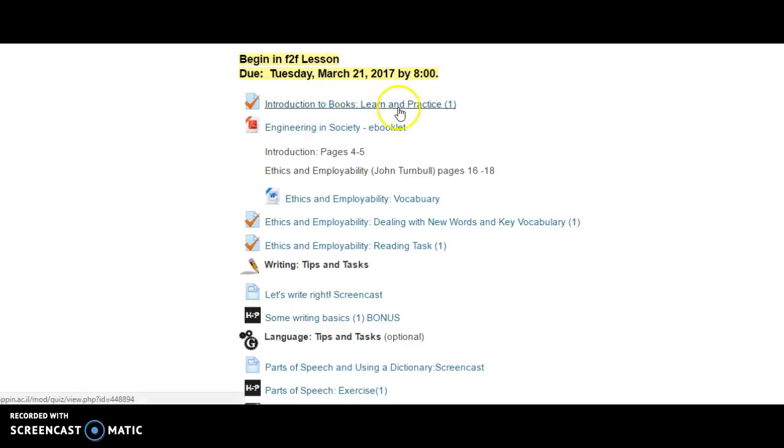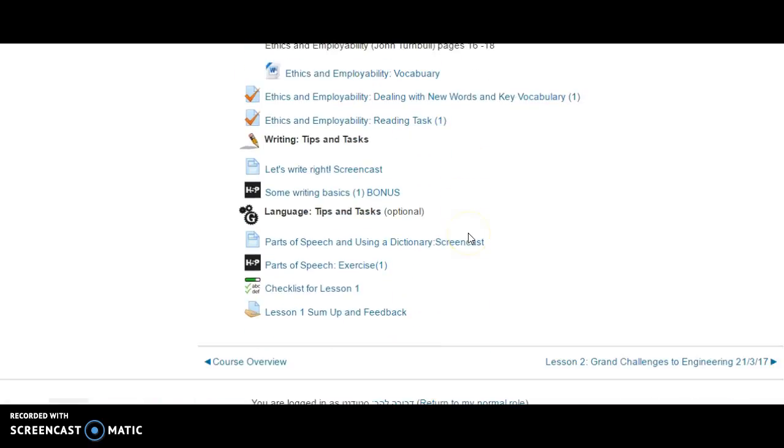When you see Introduction to Books, Learn and Practice, it's going to teach you, or you're going to review some kind of reading, writing, listening strategy or skill. This is our text, and it tells you what part. It's an e-booklet, which means it's very, very long, but you're going to be working with pages 4 and 5 and pages 16 and 18 here. A Word document that's going to deal with vocabulary, a Moodle quiz that's going to deal with vocabulary, and a reading task. Now, one of the things we've added to our courses in the past year or so is writing,